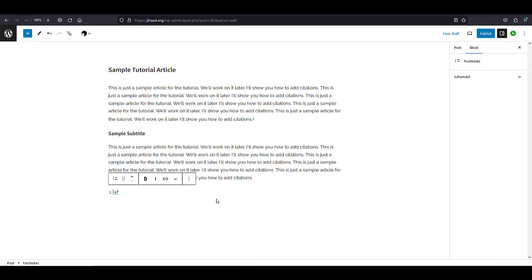So for this article, we're just going to use Smith, John as the author. It is 2023. We'll put the date there, put a period, and this is the sample tutorial article, and we'll put a period there. And if you have a website or a hyperlink to a website, you can go ahead and add it, and I will just add the jihad.org just so you guys can see. So https